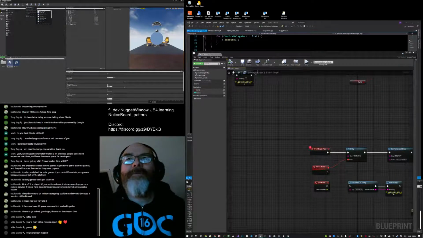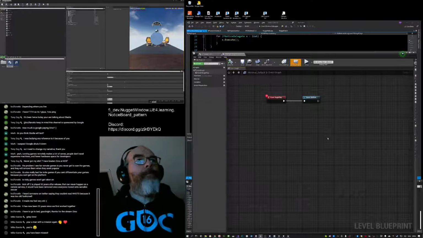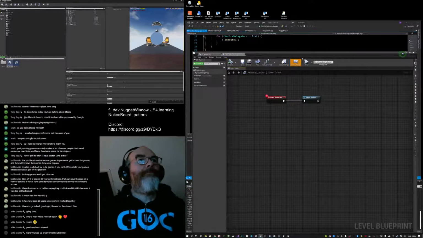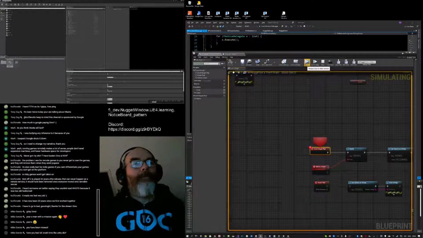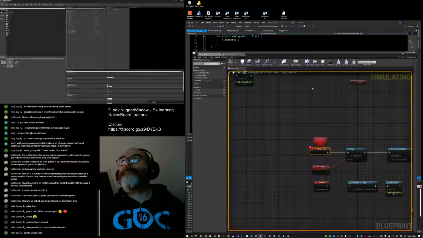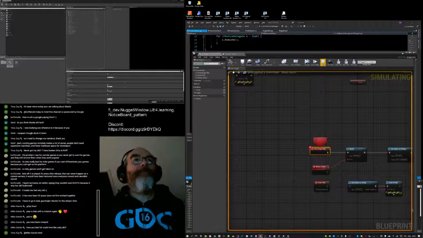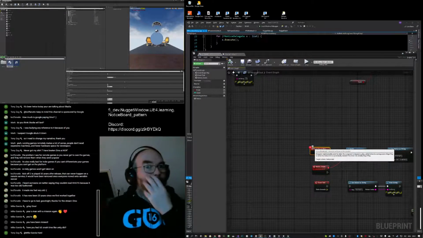This makes no sense. Open level blueprint. Yeah, it's a different thing though. It's because I'm literally crashing the editor.